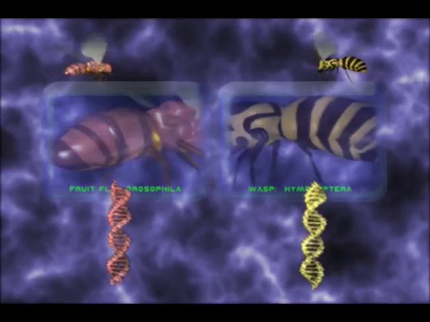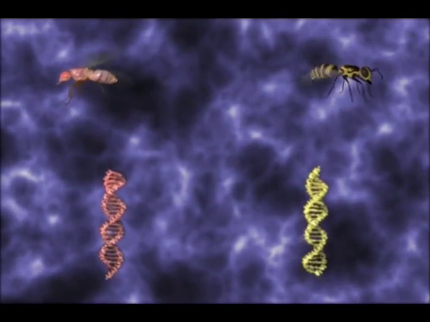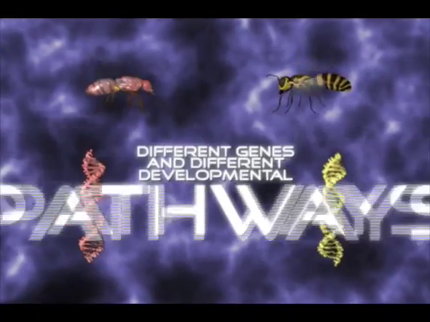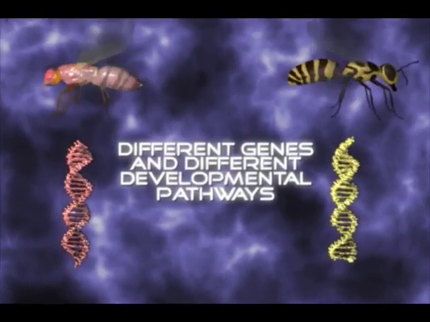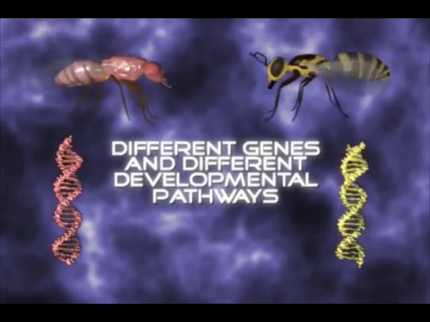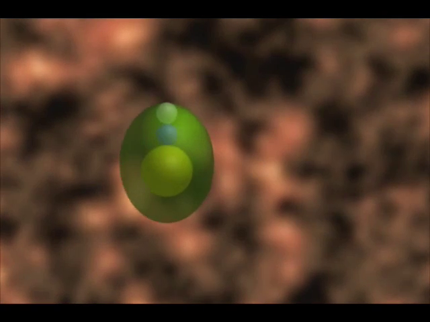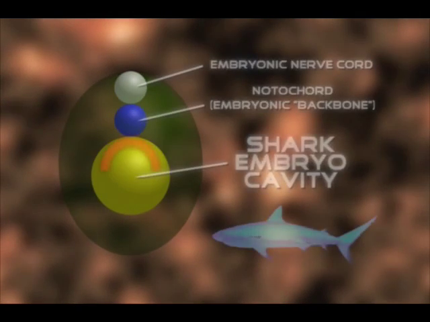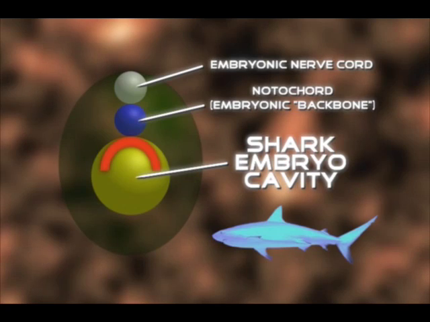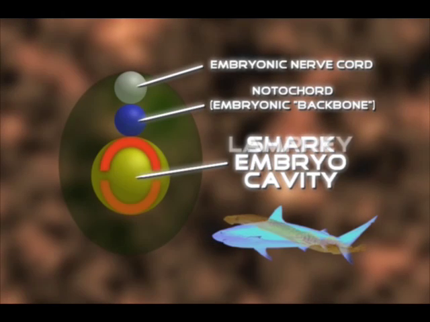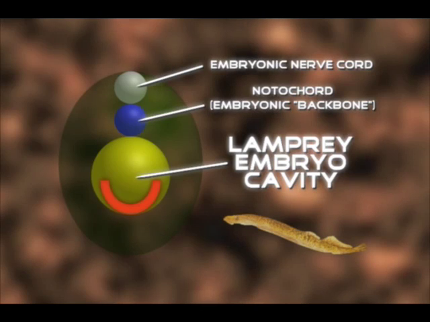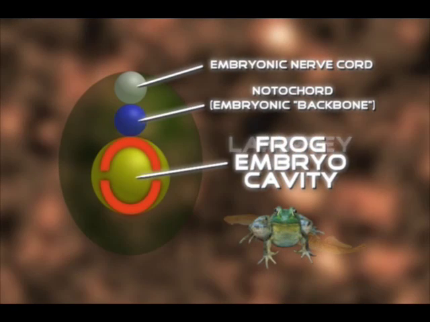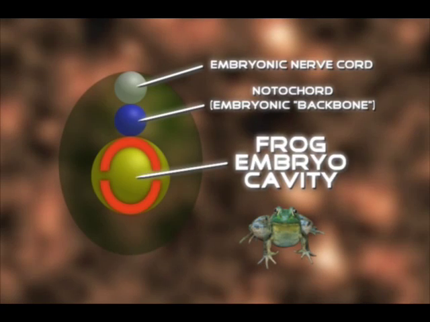In the same way, many body structures considered homologous by biologists develop in embryos in fundamentally different ways. One example is the gut in vertebrates. If the Darwinian theory were correct, the process by which the gut is constructed should itself be homologous. In fact, this isn't the case. We know, for instance, that in different vertebrates, the gut is constructed in very different ways during development. In sharks, the gut develops from cells in the roof of the embryonic cavity. In lampreys, the gut develops from cells on the floor of the embryonic cavity. And in frogs, the gut develops from cells in both the roof and the floor.